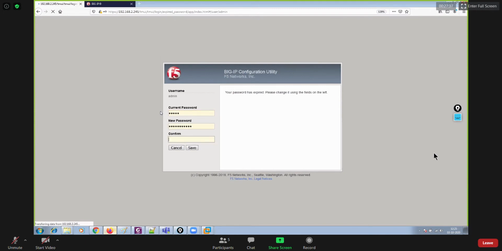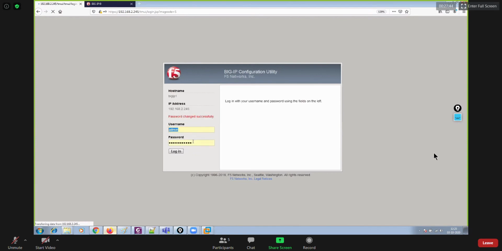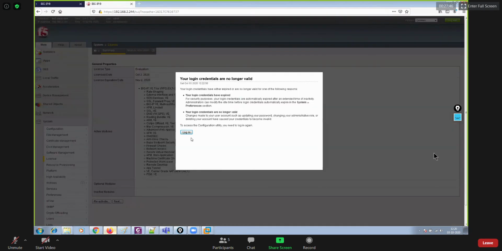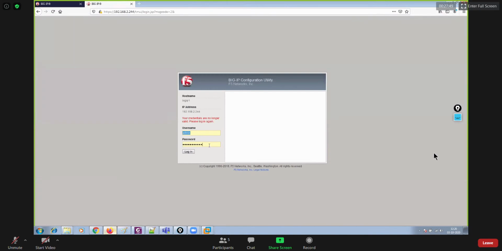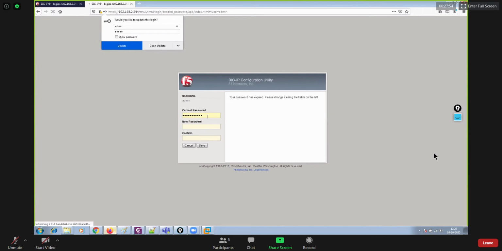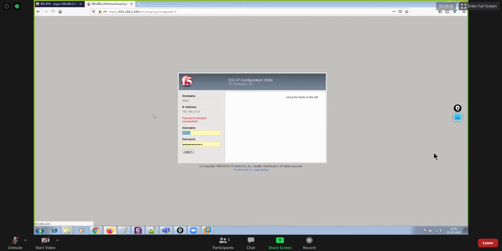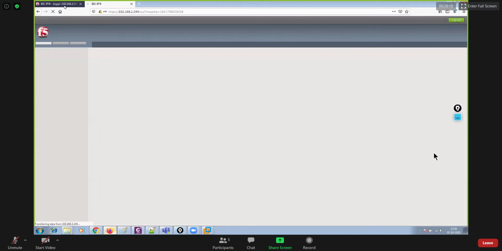I have to change the password over the first login. Then for LTM1, once you have reset the config, the default user ID and password would be admin for GUI, right? So the new password will remain the same as before, which is imerita, I capital at 123. So we are logged in back onto the device.